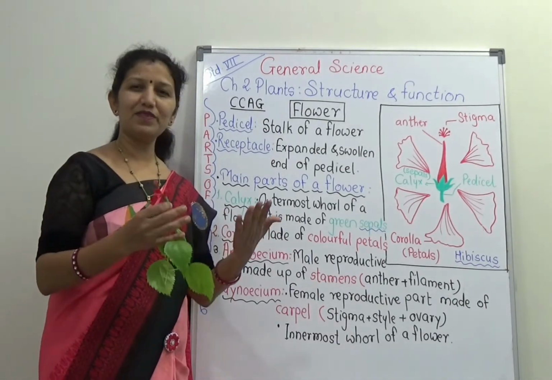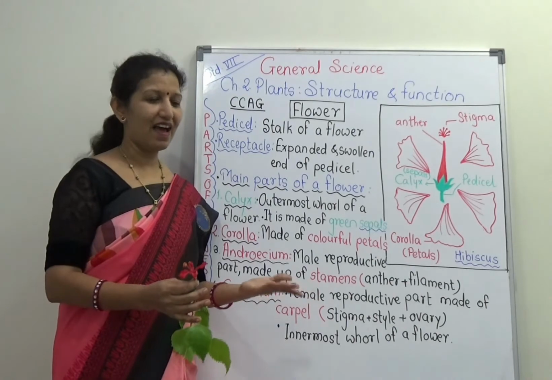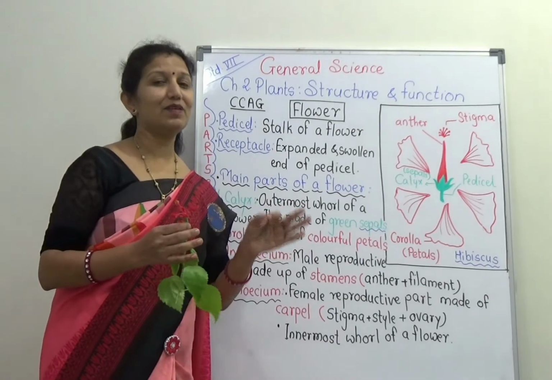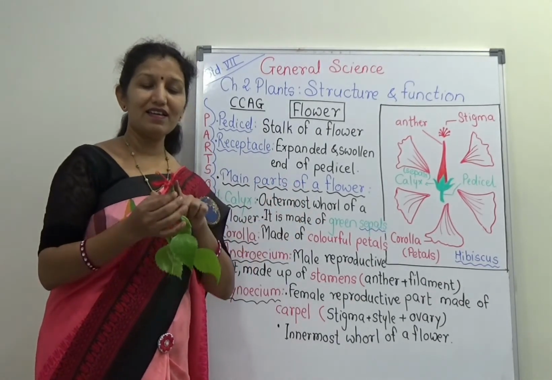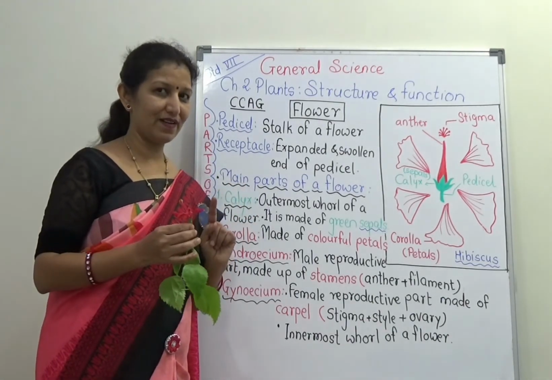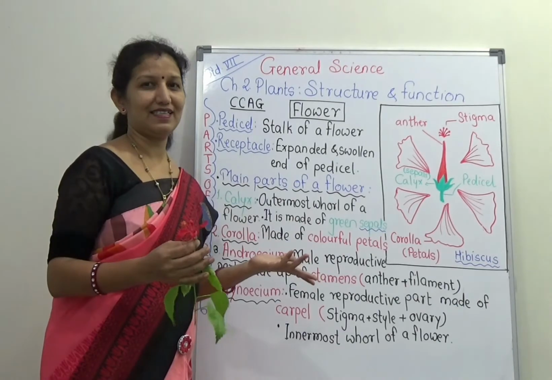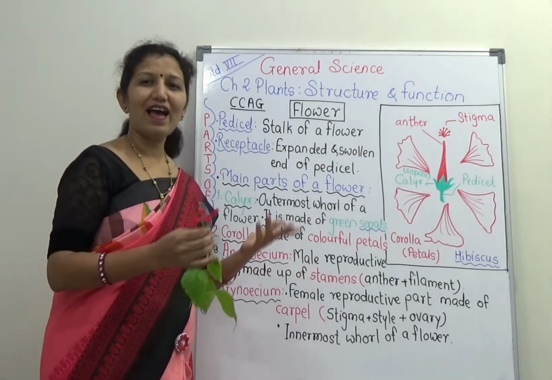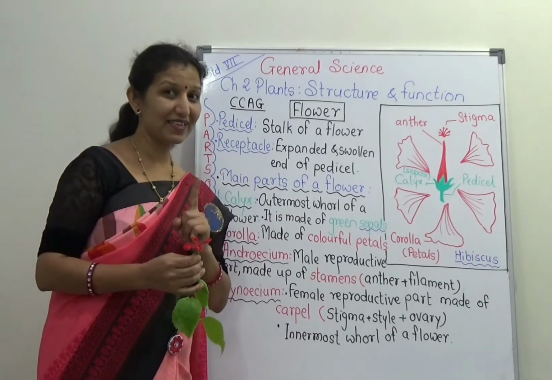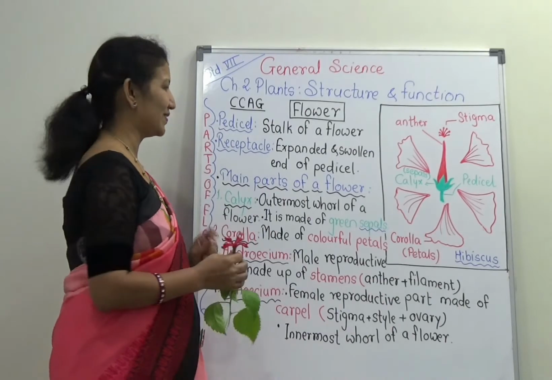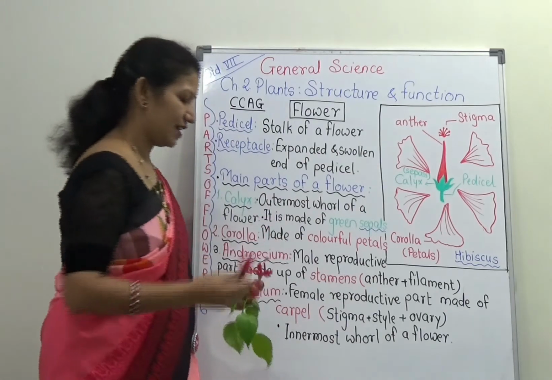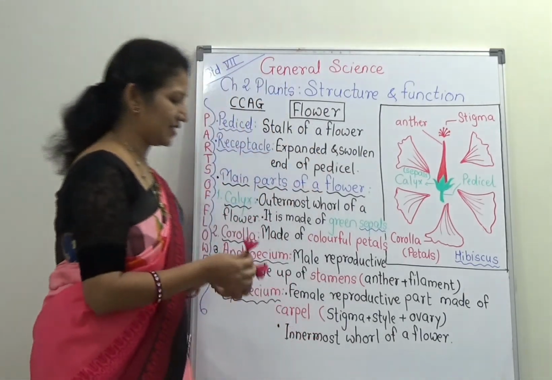If you were with me in the classroom here, every student would have been given a flower, and on every bench there would be one hibiscus flower, and we would have dissected it. But because of lockdown, I have to remain here. So you have to do this activity with me. Will you do it? Okay. I know you will do it. You will like it also. So everyone has to bring one hibiscus flower with you and do the dissection with me.